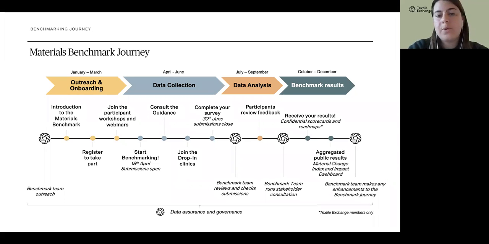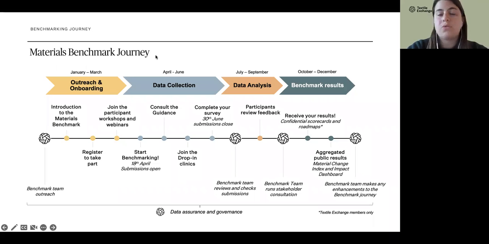The new survey will then be open on the 18th of April. The data collection phase will be open for 11 weeks, and we will close the submission phase on the 30th of June, so really the end of June. Between July and September, the team will take some time to review the data and the information given through the survey of the materials benchmark.